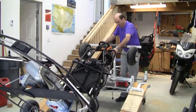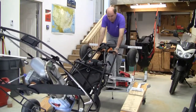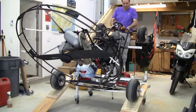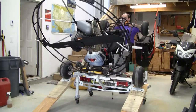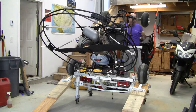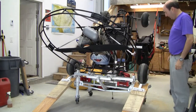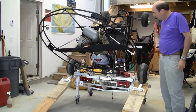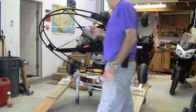Got my wheels positioned pretty square, looks like now. Get right up here, pull her on up. Hey, look at that. One shot. I love it. She went nice and smooth. And so now I can